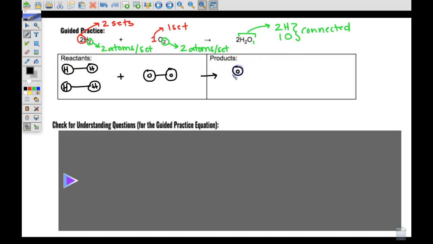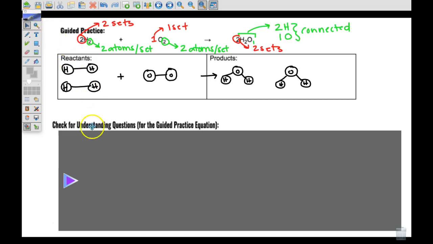So I have 1 O connected to 2 H's. But because there's a 2 in the front, this means that there are 2 sets of them, so I have to draw it all again. Now that my 2 sets of H2O are drawn,